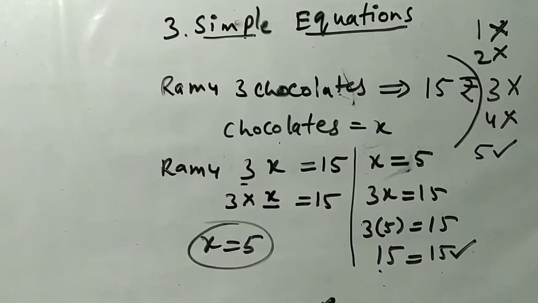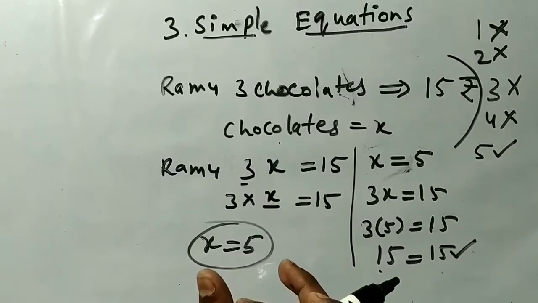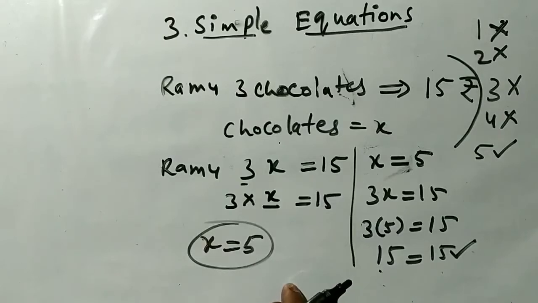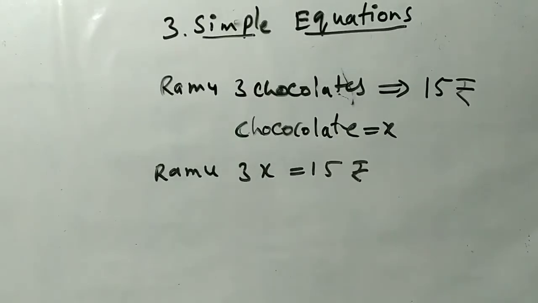This method is a simple method. We can do it in another method also, a little bit tough when compared with this one. This is a play-way method. For 3rd class and 4th class, 6th class, 7th class also can understand this kind of method. So let's go to the other method. We can do it in another way.